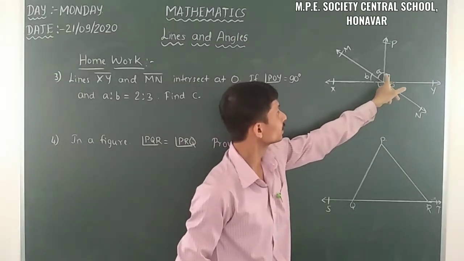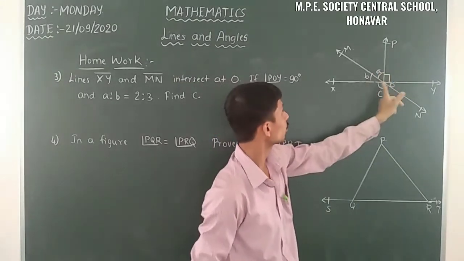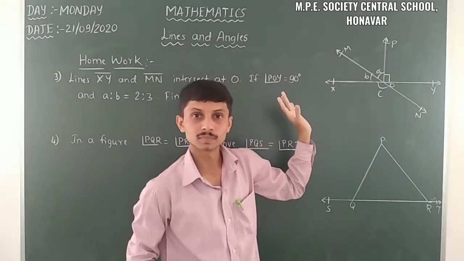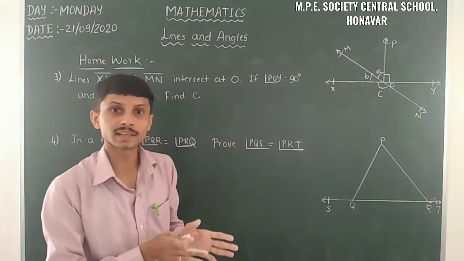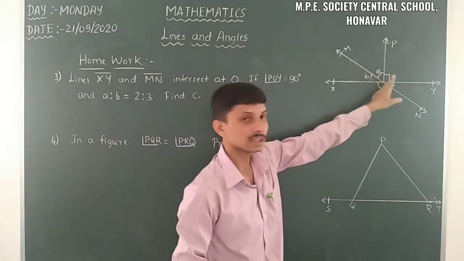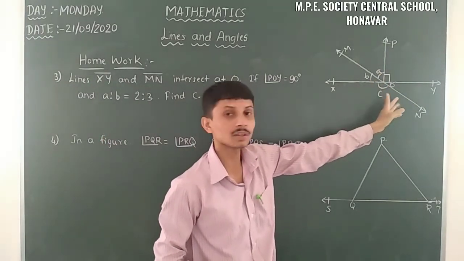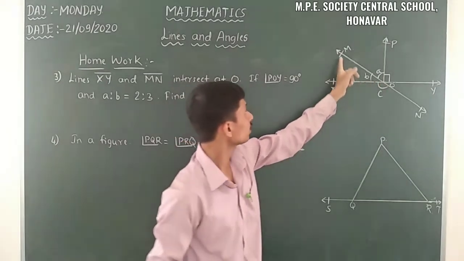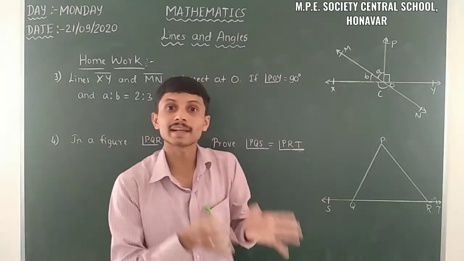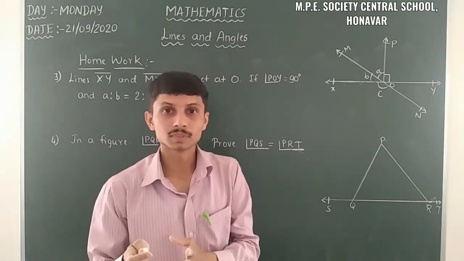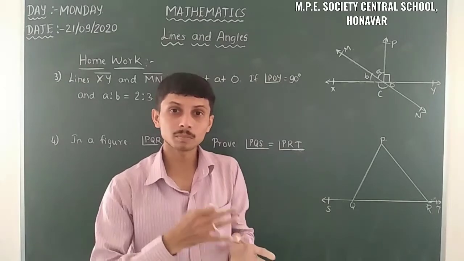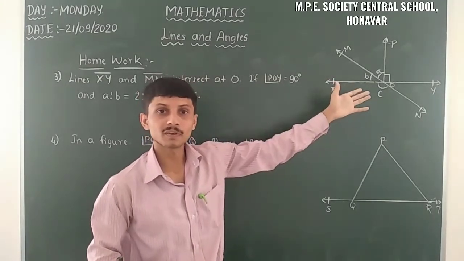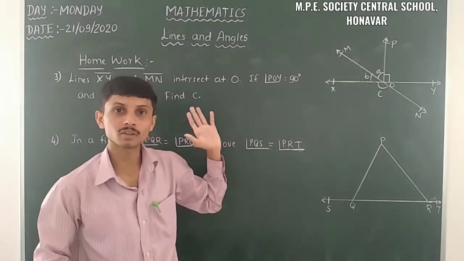When it is 90 degree, then the other angle, that means POX, is also 90 degree. So the sum of those two angles is 90 degree, and we have to take the ratios like this. When we get a and b, with the help of b we can find the value of c. How? Here the OX ray stands on the line MN, so axiom 6.1 holds good. Here we can take the adjacent angles. The sum of adjacent angles is 180 degree. From that we can find the value of c. Try to do that one at home.